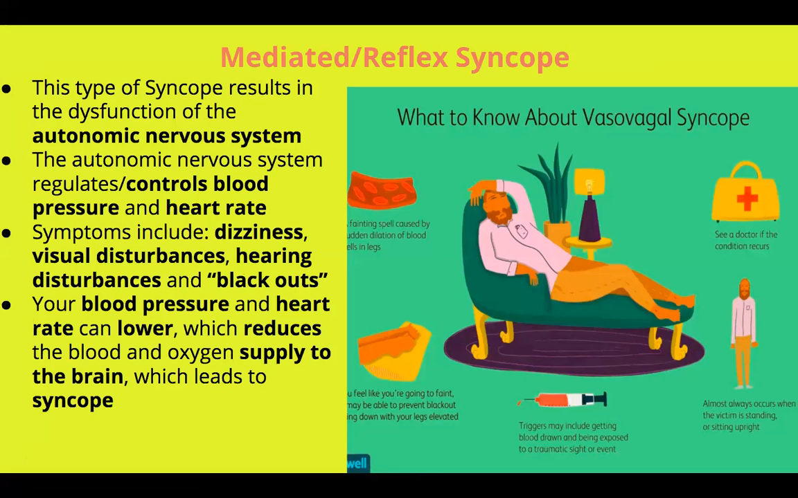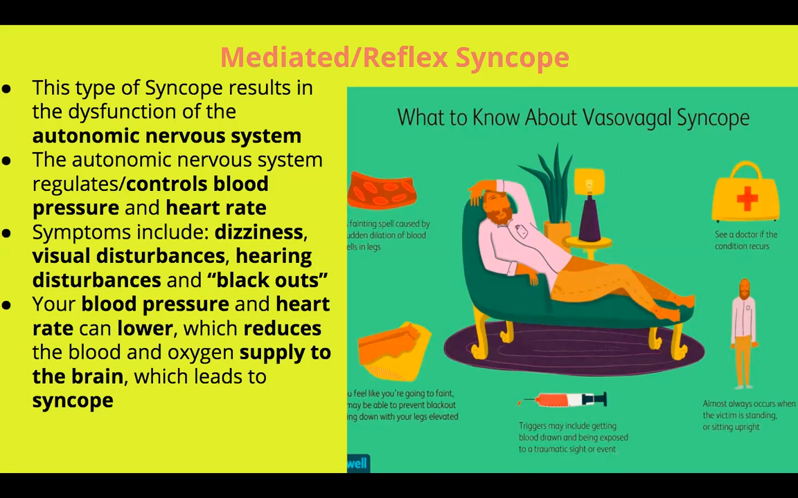This type of syncope results in the dysfunction of the autonomic nervous system. The autonomic nervous system regulates and controls blood pressure and heart rate. Symptoms include dizziness, visual disturbances, hearing disturbances, and blackouts. Your blood pressure and heart rate can lower, which reduces the blood and oxygen supply to the brain, which leads